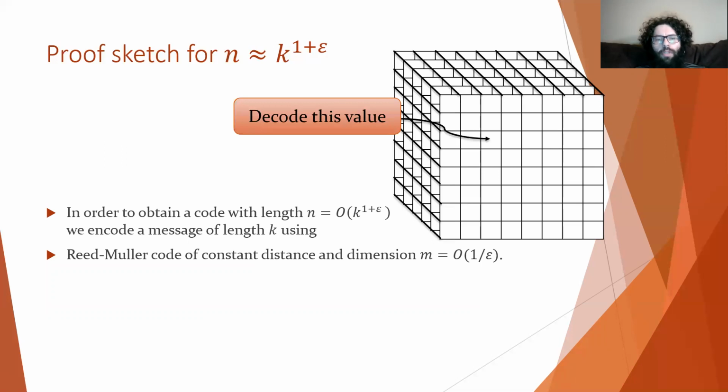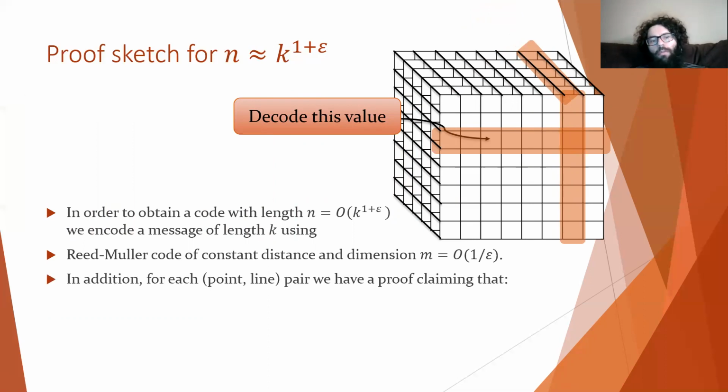So let's say we want to decode this value. So here's what the decoder is going to do. It's going to read the line. Then it's going to read a random row, then a random column, and then there is a third dimension, so now it's going to read a random third dimension. Okay, so it happened to choose the top row. It could choose any other row intersecting this column, but it chose the top one because this one we can see. All right. So in addition,